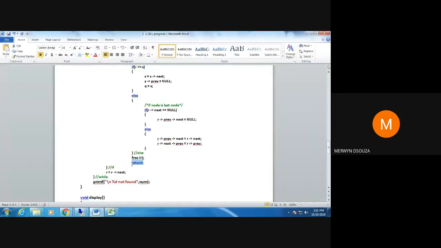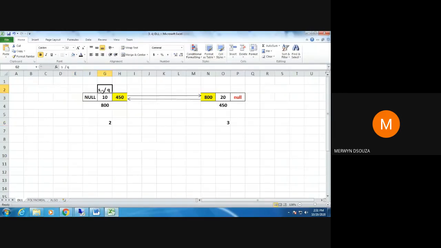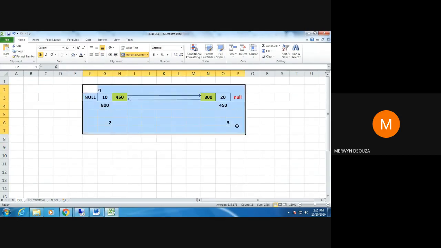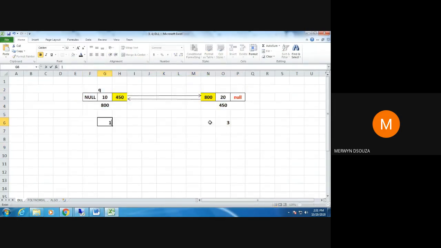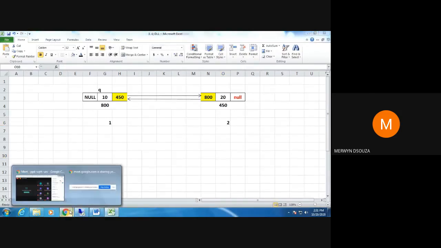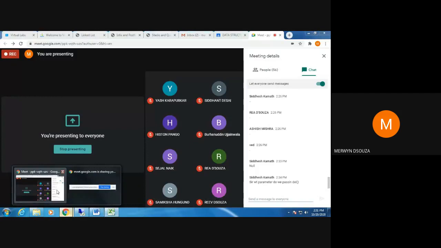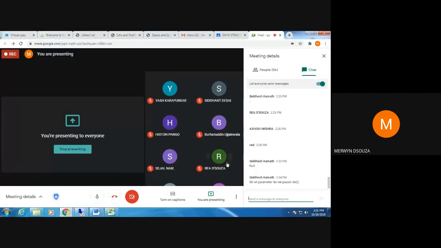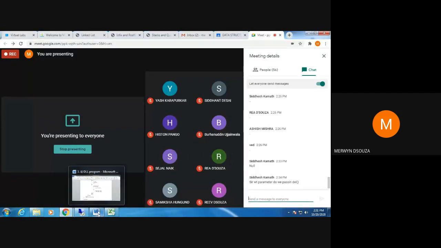Okay. And the moment I exit this function, this temporary variable s, the local variable, will also get deleted. So I will have only two nodes remaining with me. This will be the first node and this will be the second. So I hope it has answered your question why we need that second pointer s. If you still have any doubt why we need s, then you can ask me now.